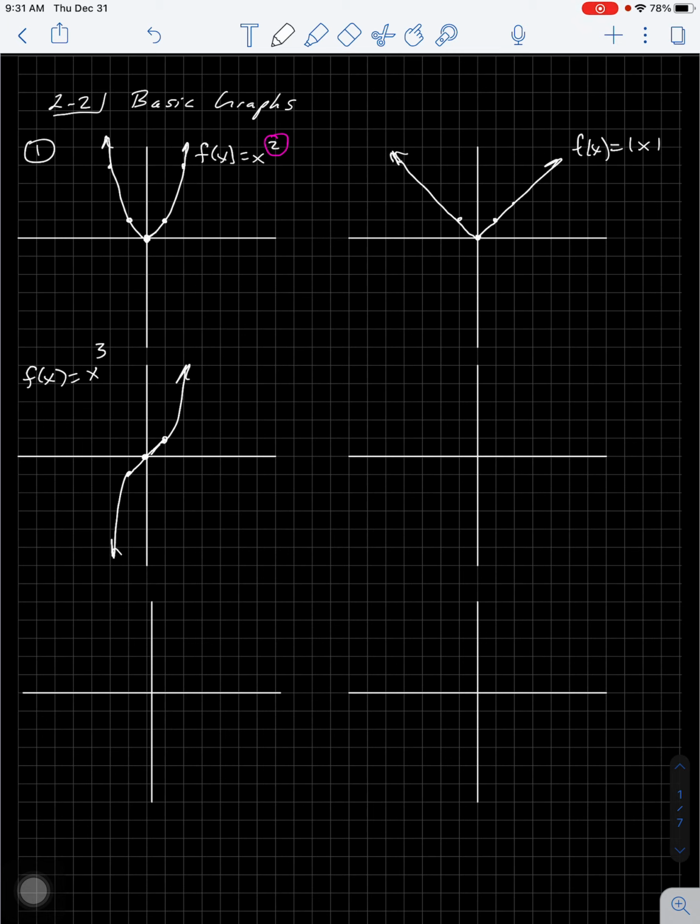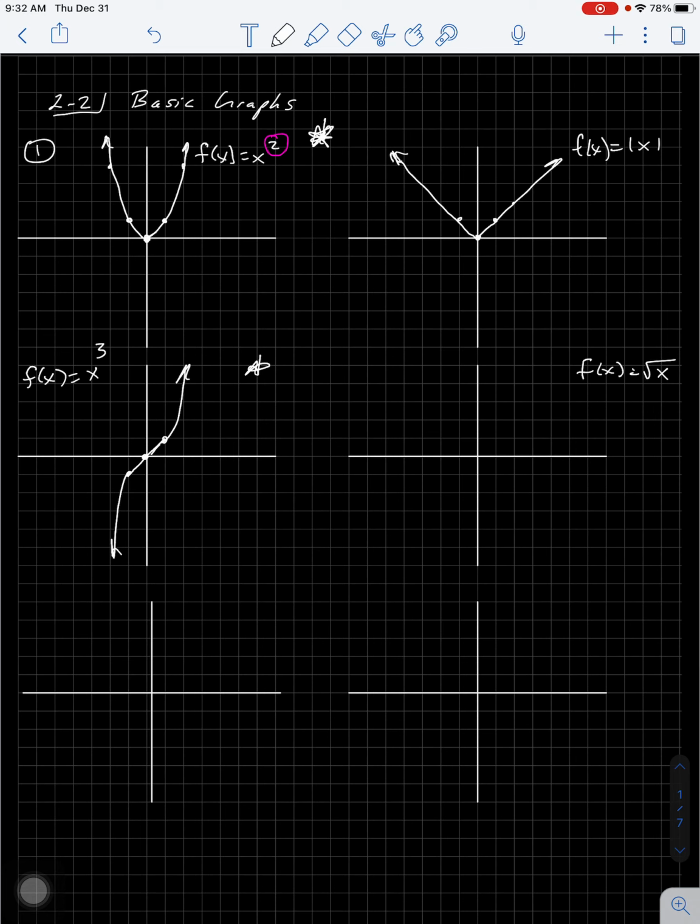For frame of reference, this goes up probably a little steeper than I drew it. At 2, you should be at 8. So as opposed to this parabola where at 2 we're at 4, here we're at 8. So it goes up much steeper, quicker on this graph. So anytime you have a cube in there, you've got some kind of wiggle. Now there are some exceptions to that rule, and we'll talk about that in later sections, but this is the parent graph for x cubed. The next one that I want you to know is f of x equals the square